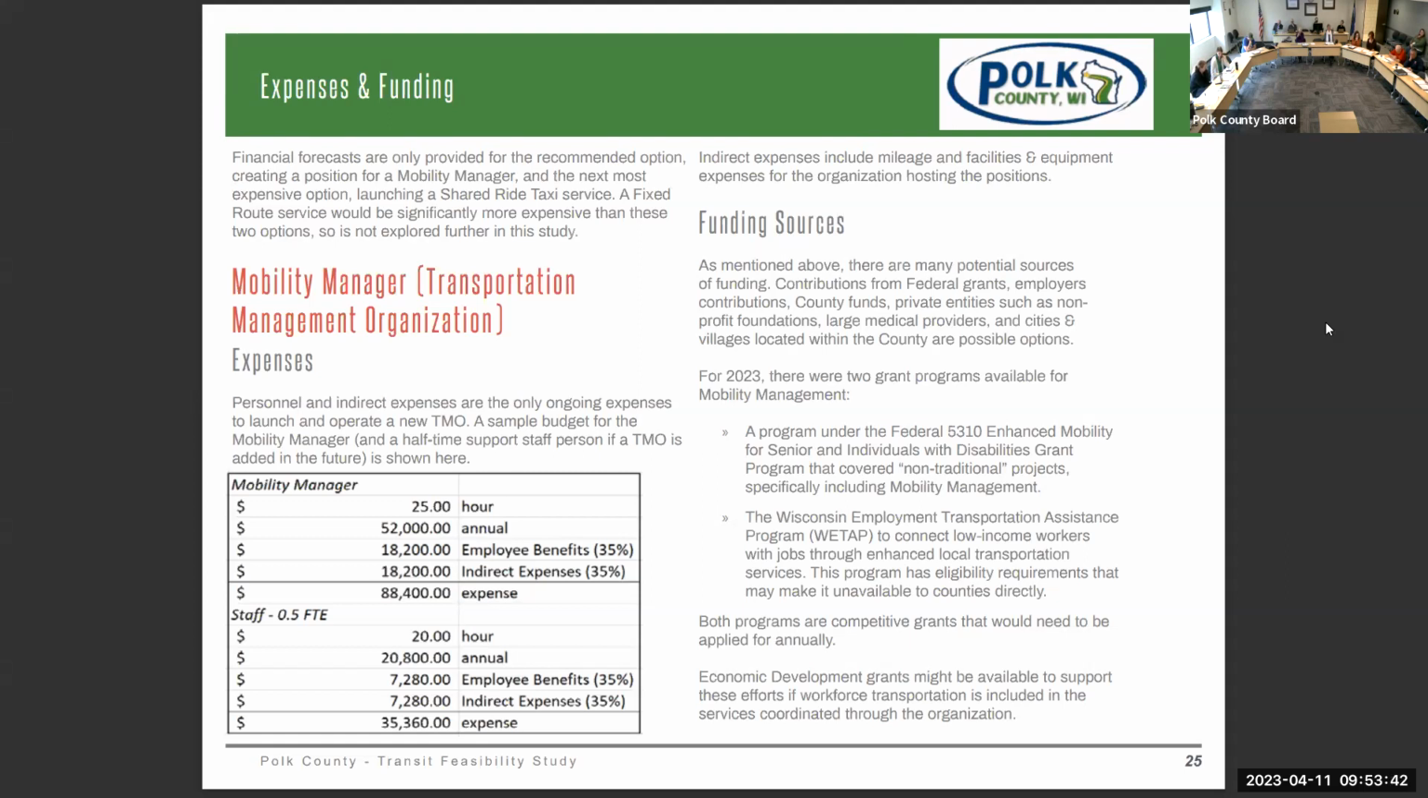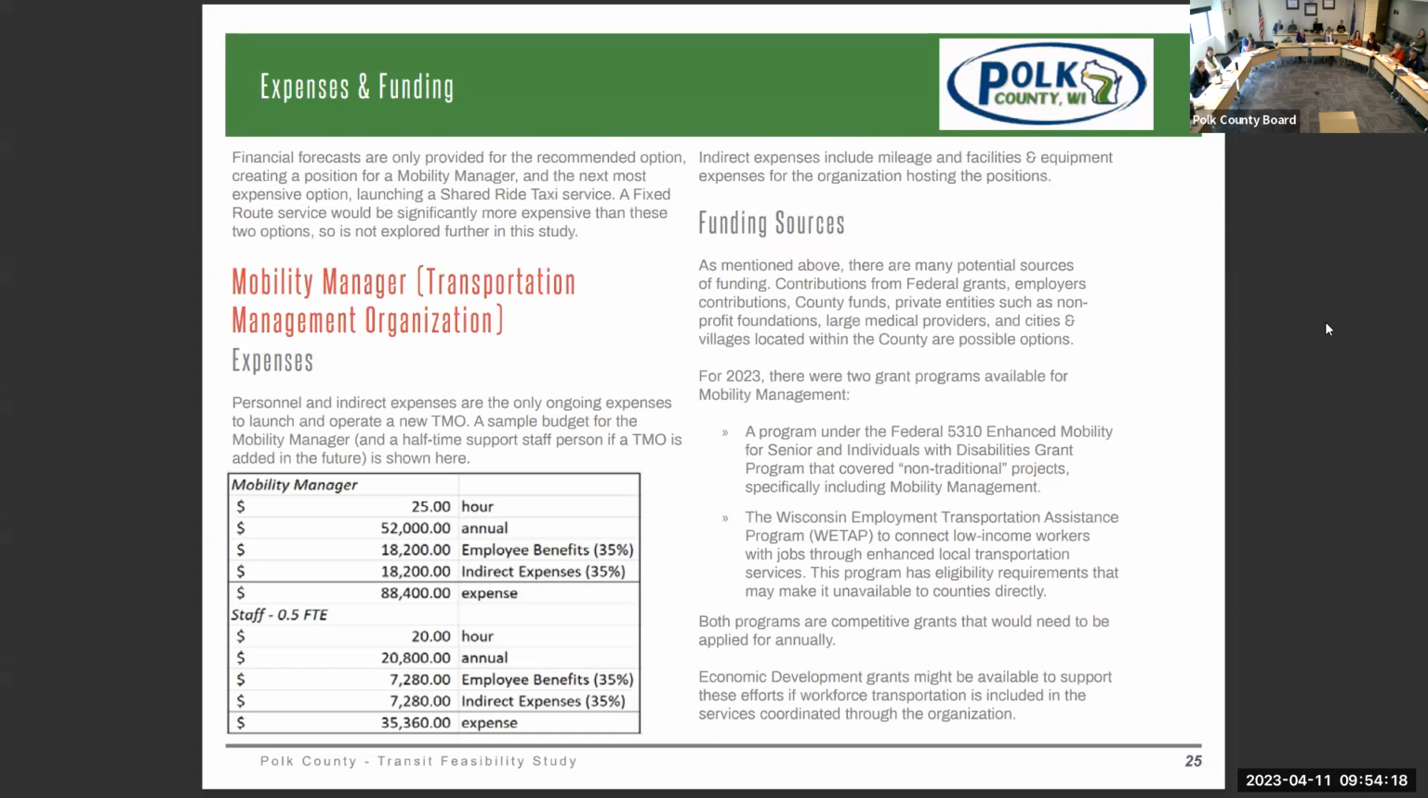The funding sources, there's a program under the federal 5310 Enhanced Mobility for Seniors and Individuals with Disabilities Grant Program that specifically covers non-traditional and calls out mobility management as one of the things they do cover there. It's a competitive grant, but with the BIL money and some of the other money that's been going into transportation recently, it's, on my understanding, a less competitive grant than it used to be. And my suggestion would be